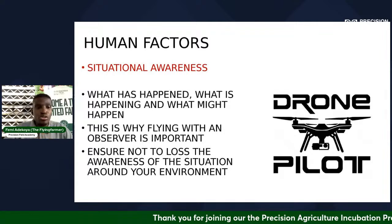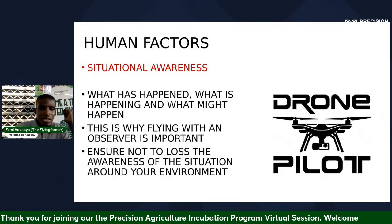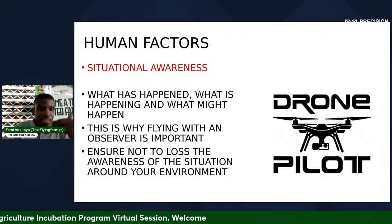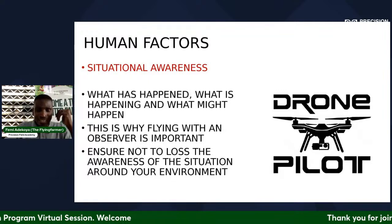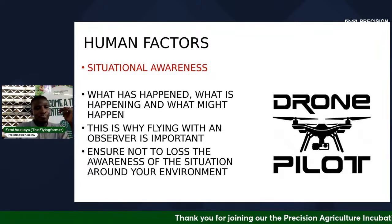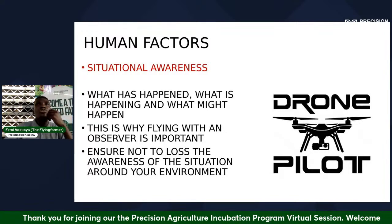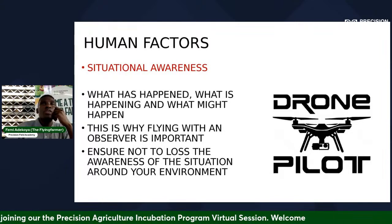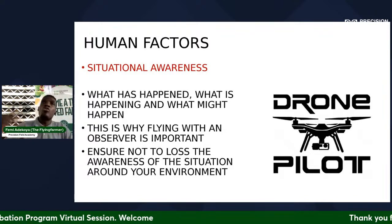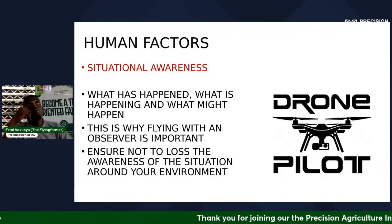You need to put structures in place to ensure you have situational awareness, which means the past, what has just happened. What is happening presently? And assessing what is happening presently can take just a few seconds. If it is to give a command, to make a shout, or to quickly land your drone for a manned aircraft to pass through,